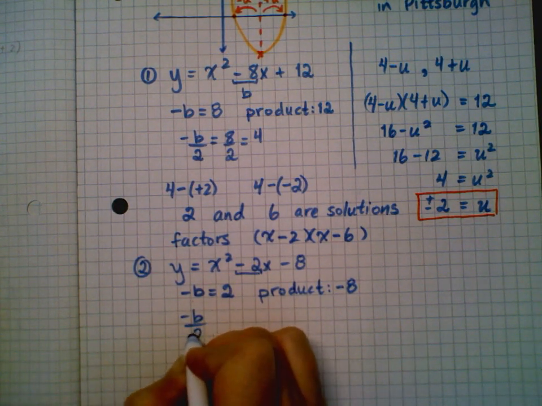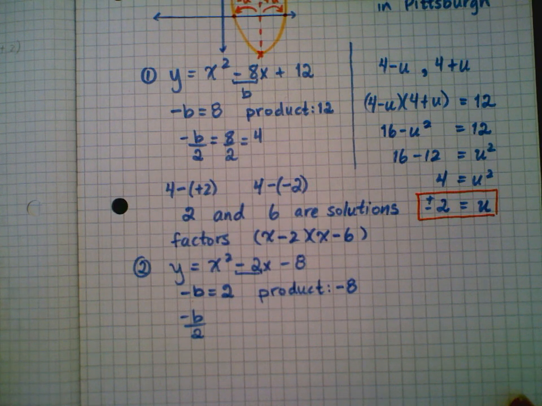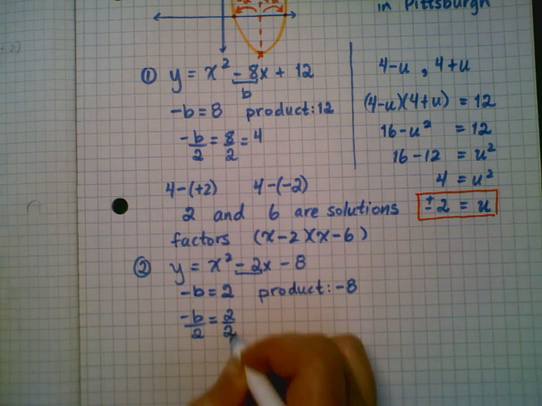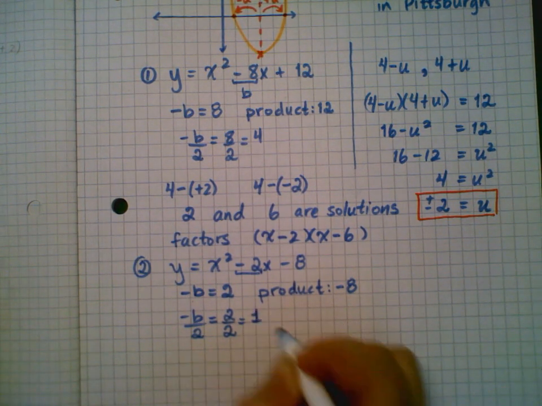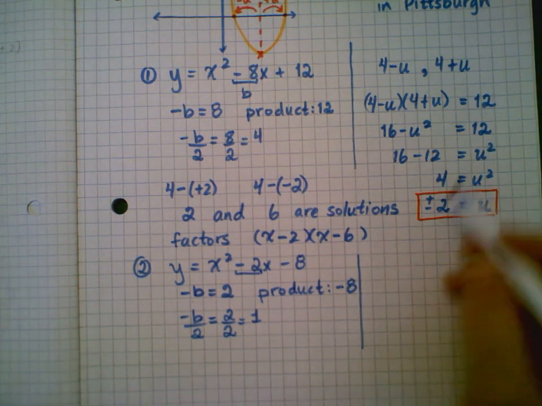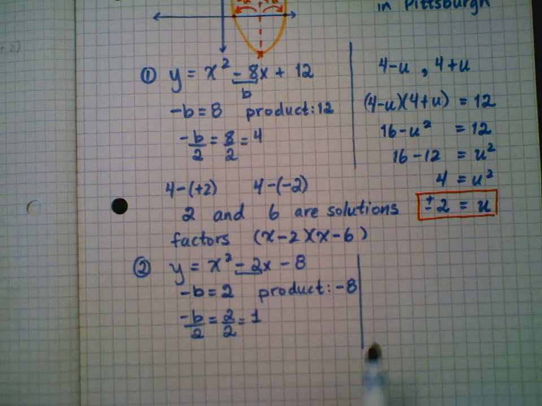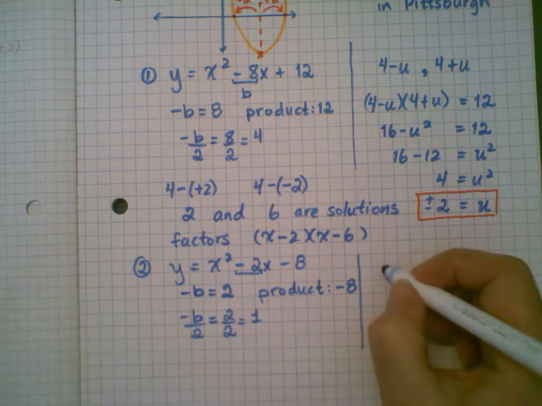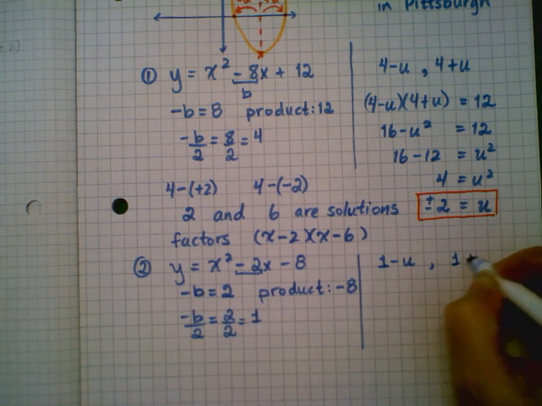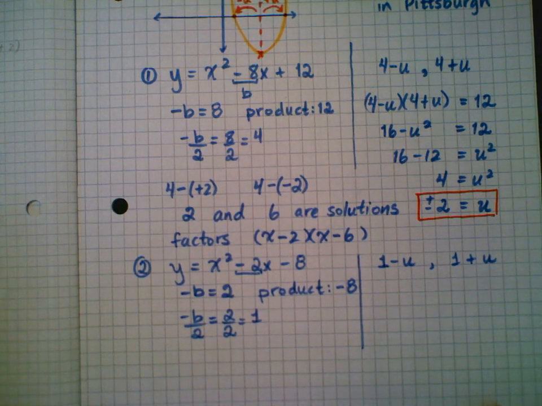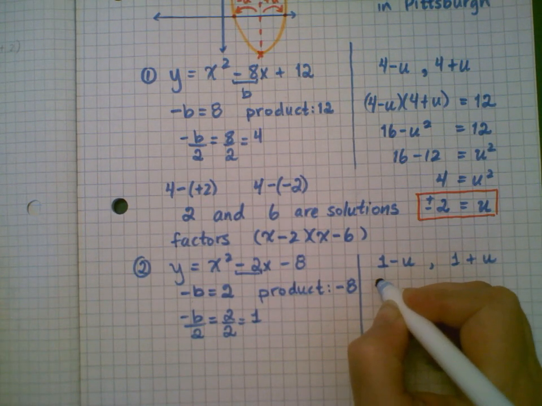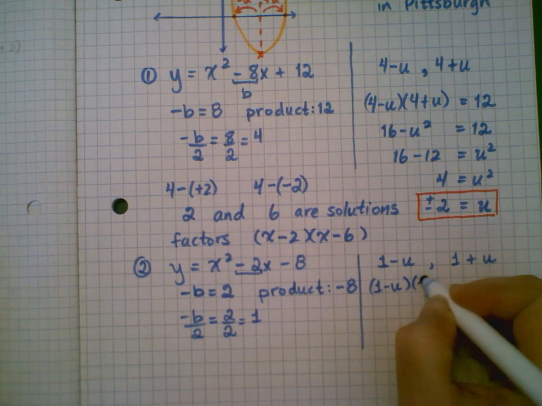Negative b over 2 is going to be my center line, or my line of symmetry. That's 2 over 2, which is 1. So using the line of symmetry and then going to the left and to the right of that line of symmetry, my two zeros will be located at 1 minus u and 1 plus u. And I'll continue. So difference of squares, 1 minus u, 1 plus u,